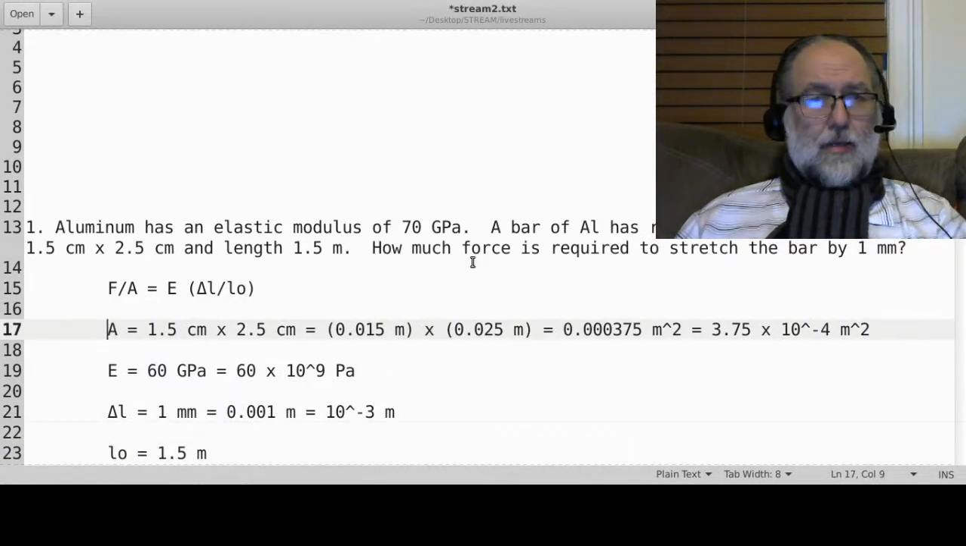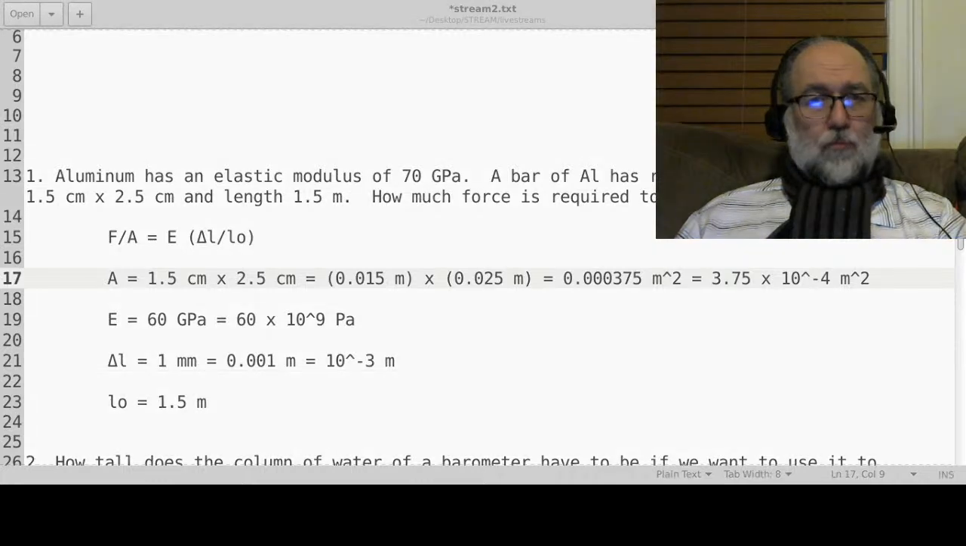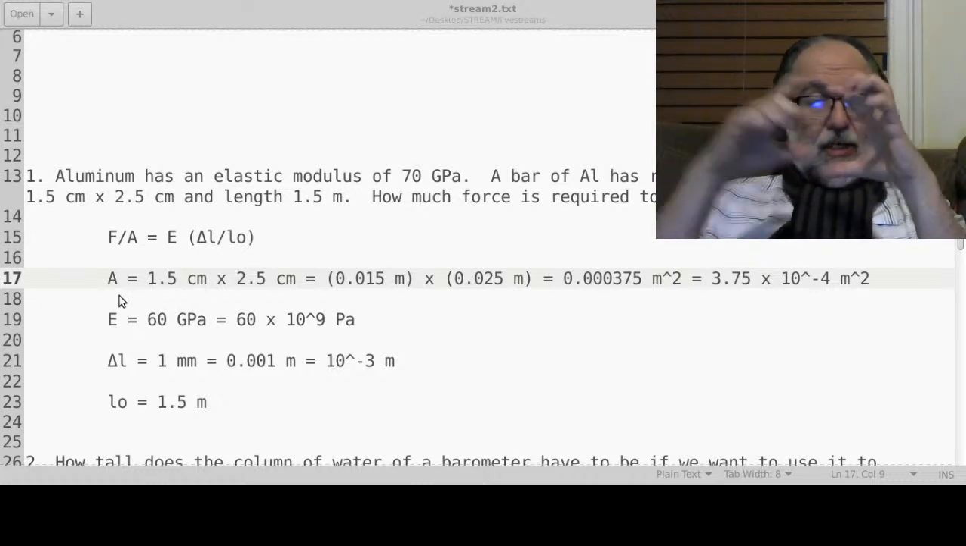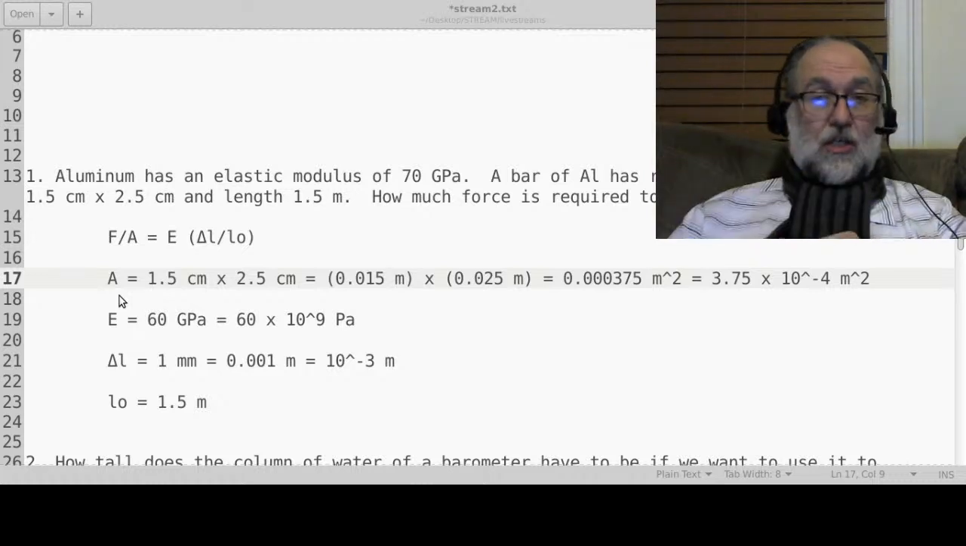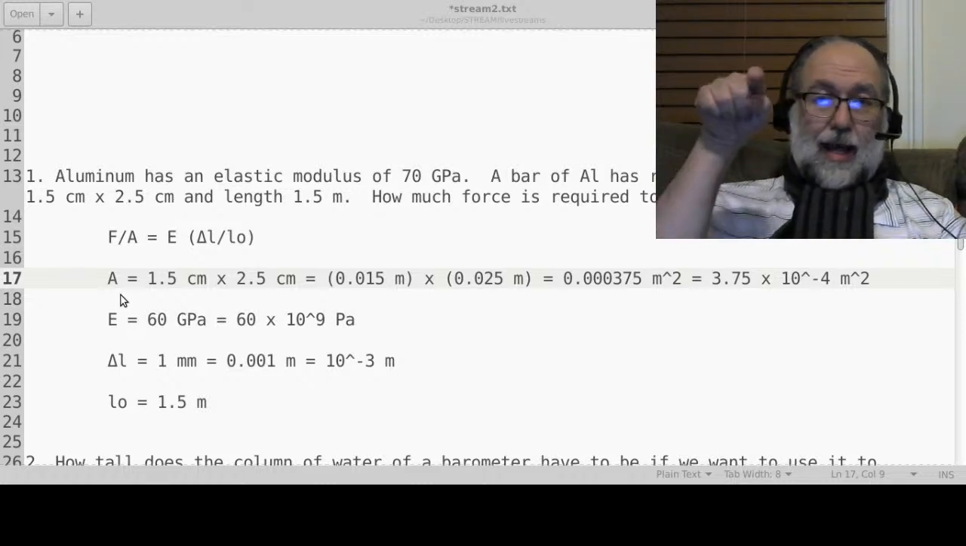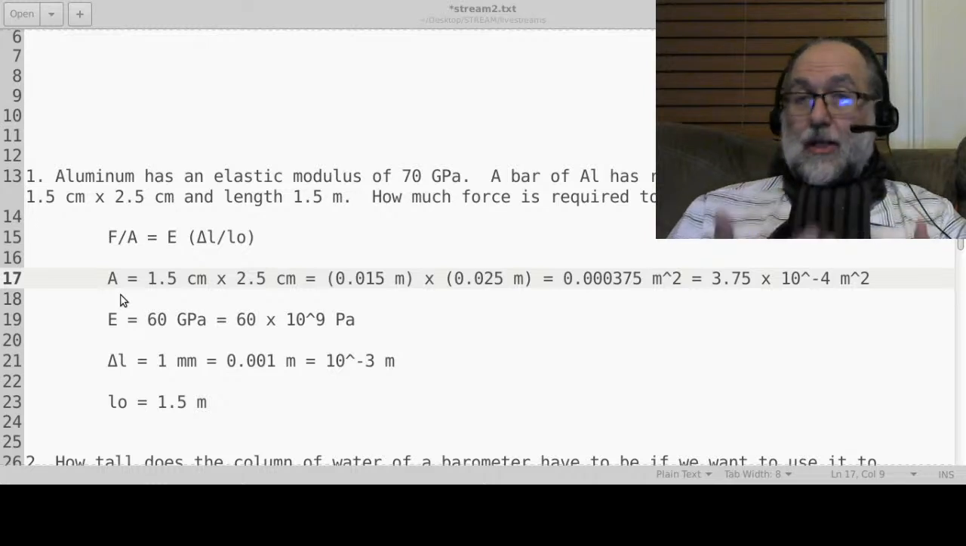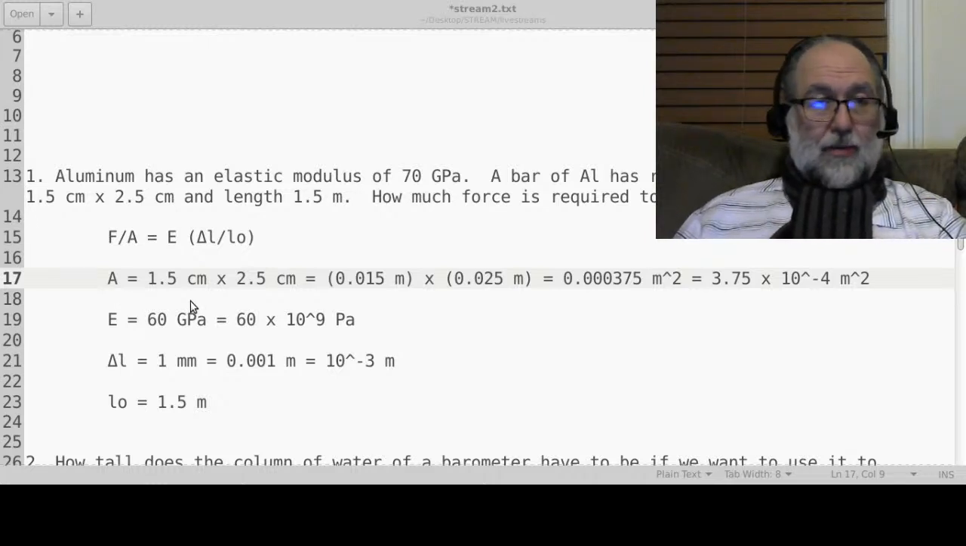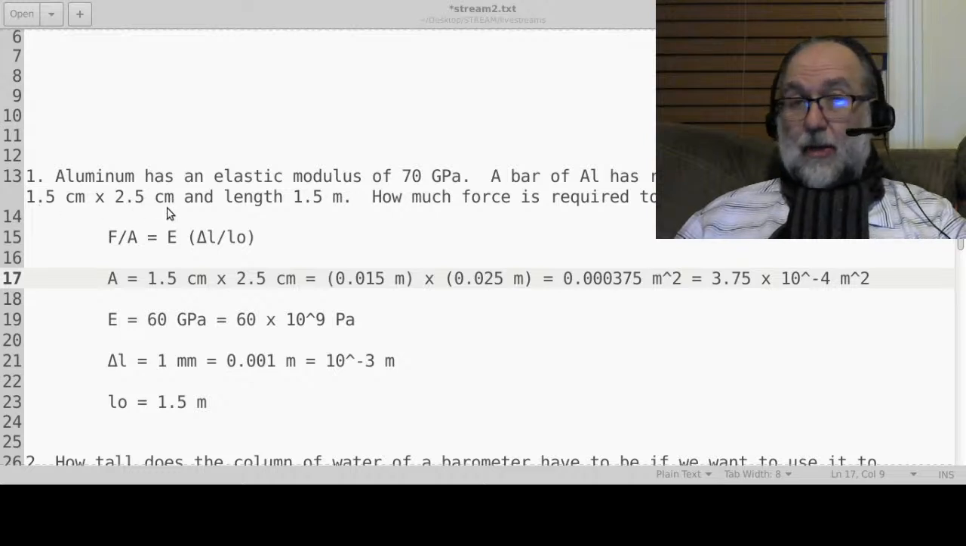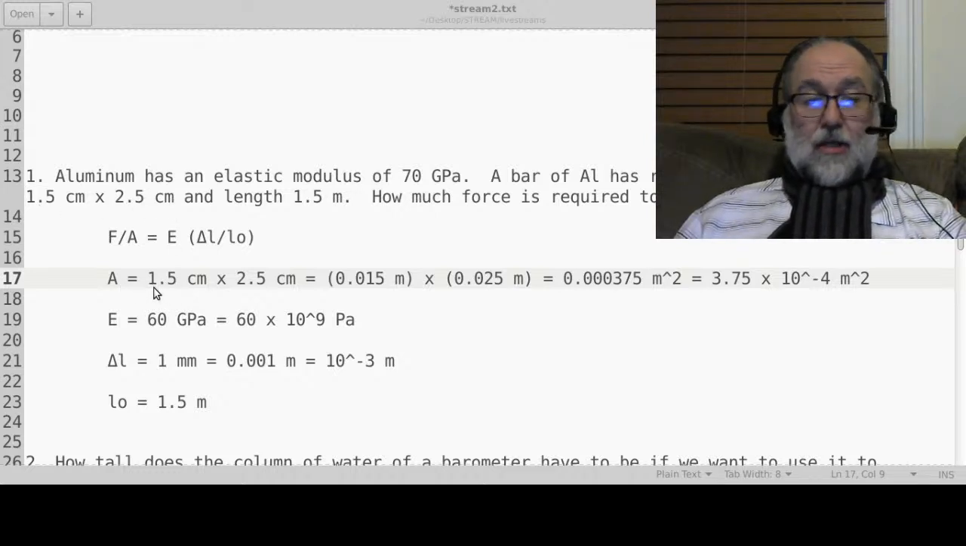Right, like this. So you can take a look here, A is the cross-sectional area. Sometimes your object's cross-section is circular, in which case you would use the formula pi r squared. In this case, it has a rectangular cross-sectional area. It means it's got a length and a width, and so the area is just the length times the width. So the cross-sectional area was 1.5 centimeters by 2.5 centimeters, so A is going to be